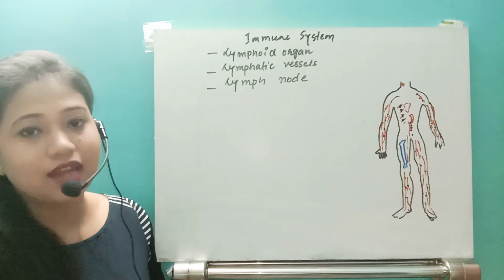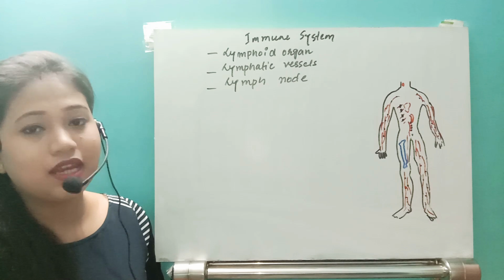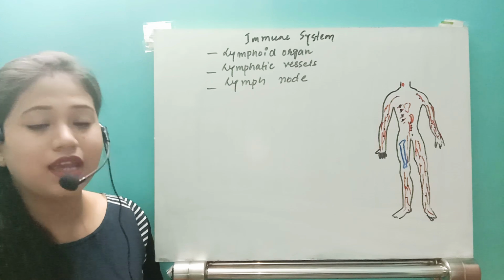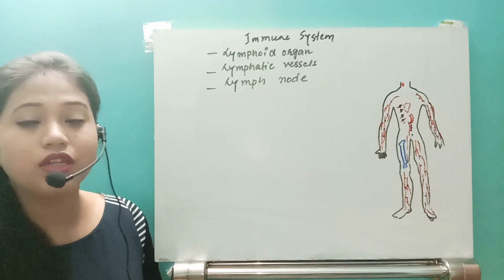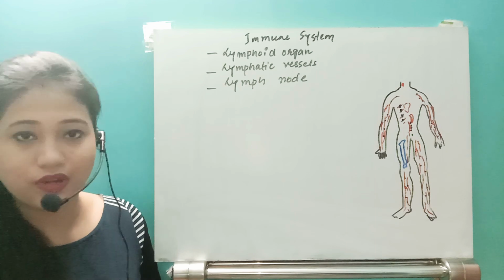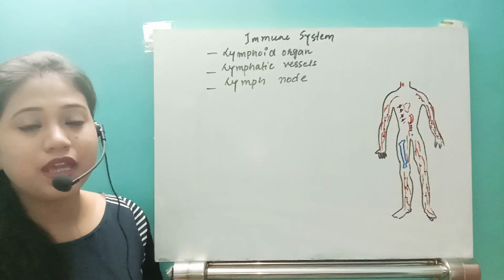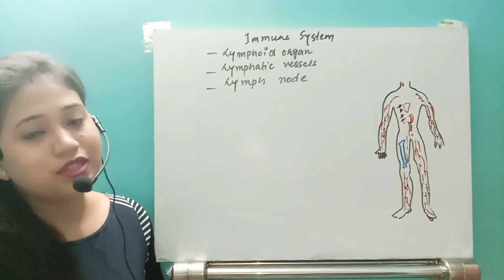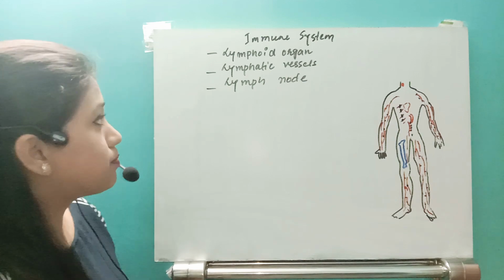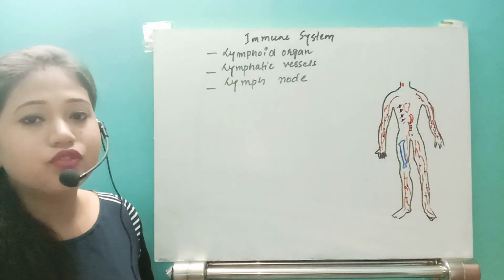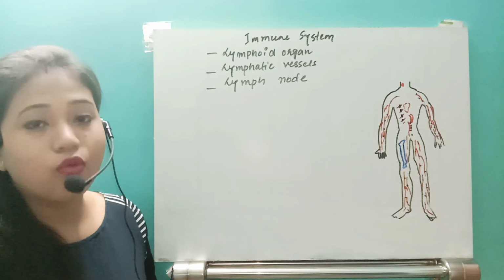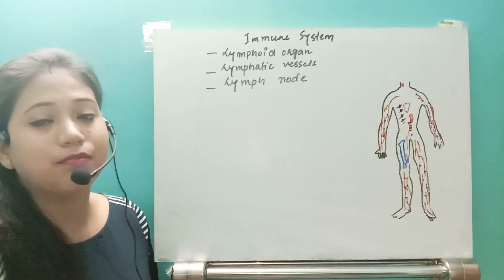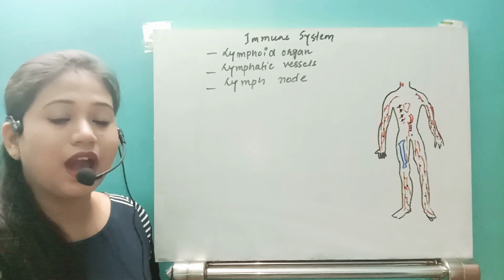Now a number of our organs have a very unique function: they can produce and synthesize the cells we have already talked about, the B and T cells. So where are those B and T cells formed, that provide us immunity? Let us see first the lymphatic organ. What is the lymphatic organ? It is the organ that takes part in the formation, synthesis and maturation of two cells, the B and